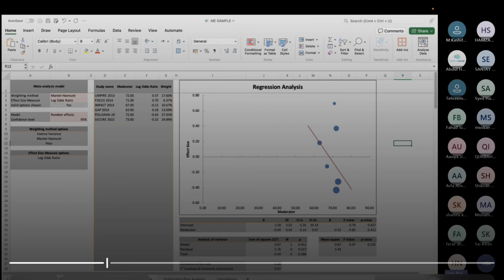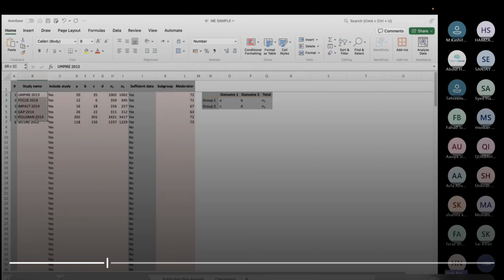Okay. Hiba, all I've done is जब study name add कर लिया यहाँ A में number total N1 and N2 देखने हैं पहले. N1 is the total number of patients in your intervention group and N2 में total number of patients in your control group. A or C दूसरे column से which are relevant. A is the number of patients who had a MACE, so number of events of MACE in the intervention group, and C is the number of patients or number of events in the control group.